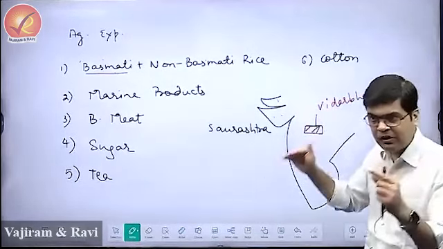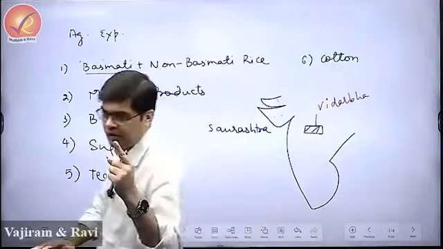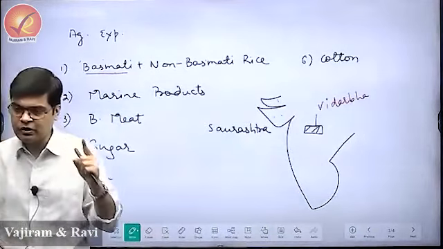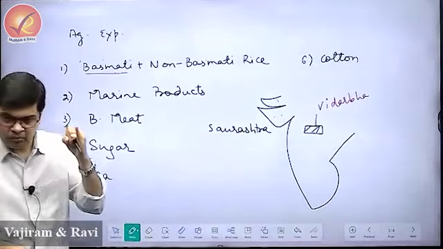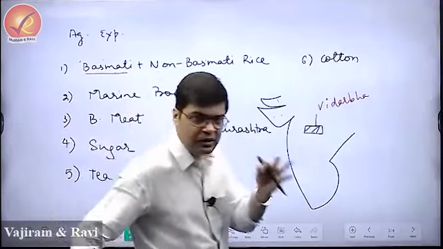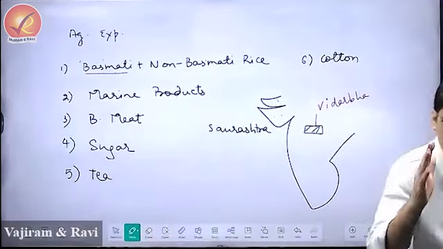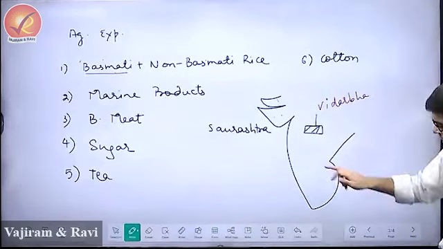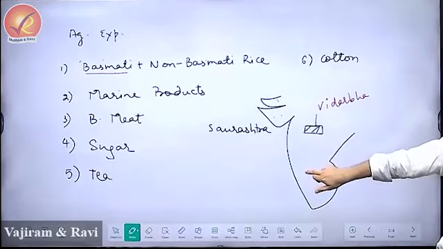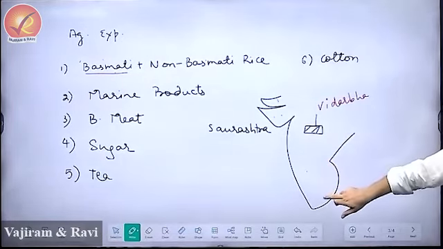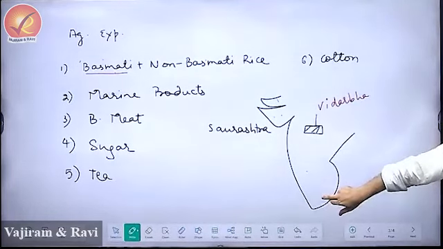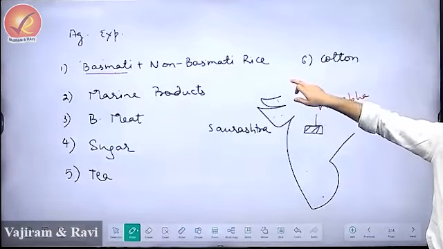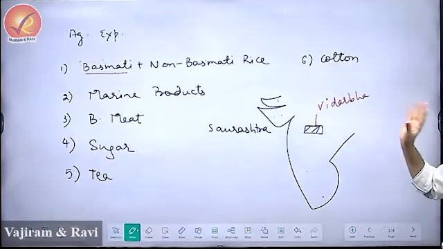Then after Gujarat and Maharashtra, it is Telangana. Telangana is the third largest producer of cotton. So we have cotton cultivation in Gujarat, in Maharashtra, and in Telangana. Cotton is also cultivated in Karnataka, for example Dharwad in Karnataka is important for cotton. It is cultivated in Tamil Nadu, where Tirunelveli is important for cotton. It is cultivated in Punjab and Haryana as well. But these three are the top producers of cotton.